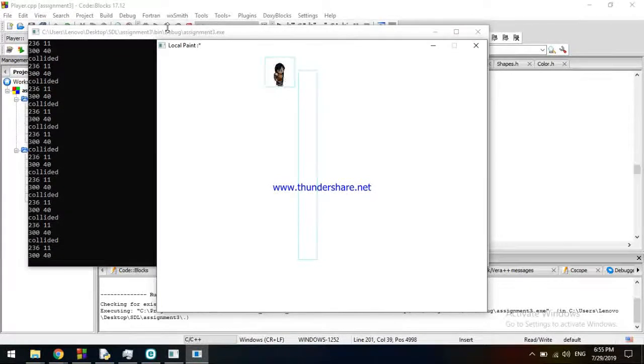But it does allow the player to move in other directions. It also works on sharp edges. It's happening here, still happening here, but if I just move one pixel up, it will allow me to move. Yeah, it happens on the top. The collision happens properly on the top. On the left,